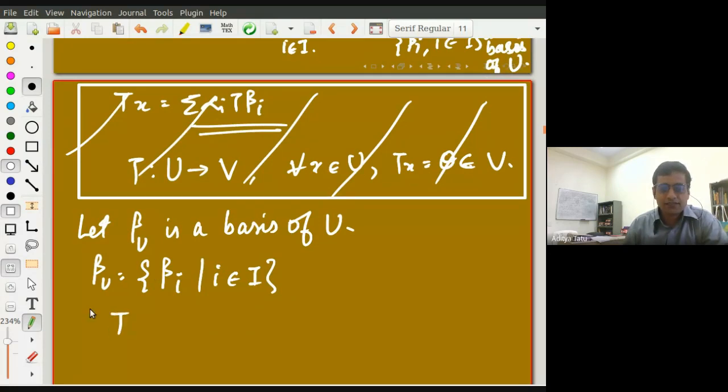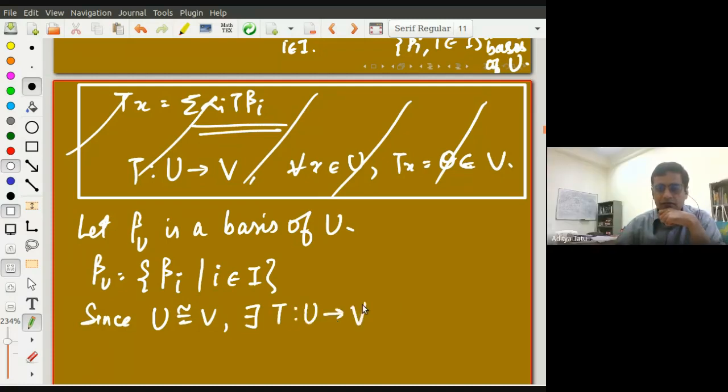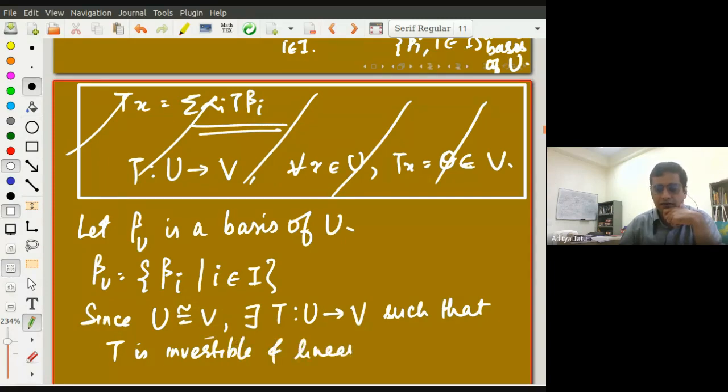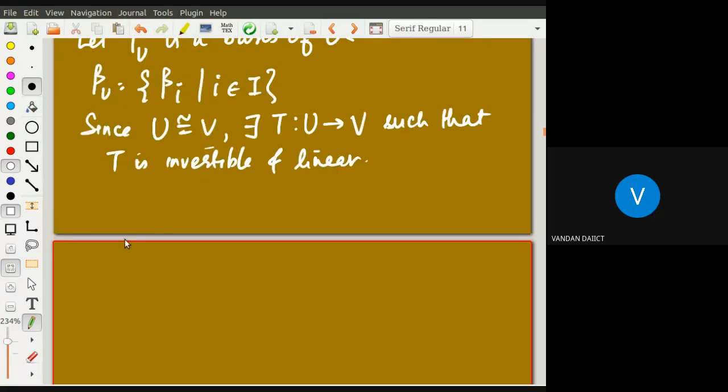What can we say about the set T beta i? Oh, wait. I should first talk about what T I am using, right? I'm given that U and V are isomorphic. What does that mean? There exists a function T from U to V such that T is invertible and linear. Okay, now if we apply this T to all the basis elements,